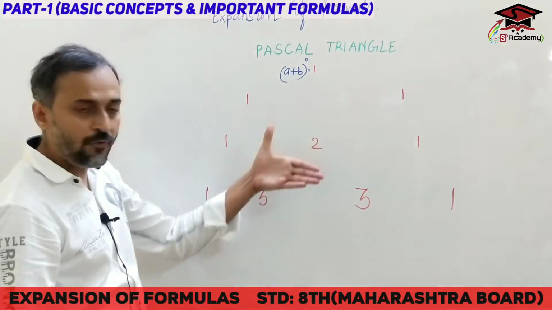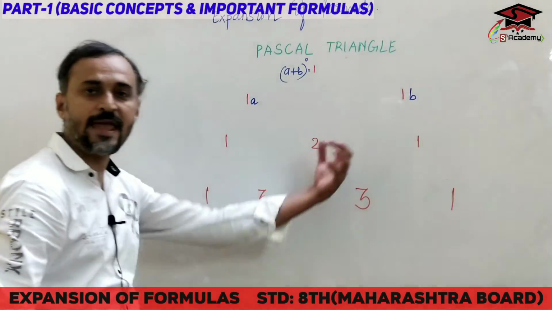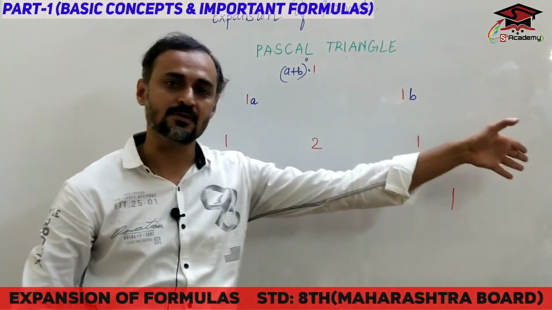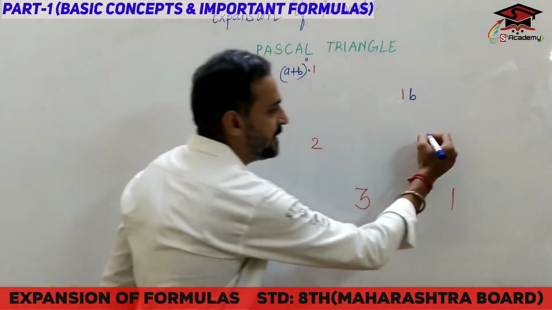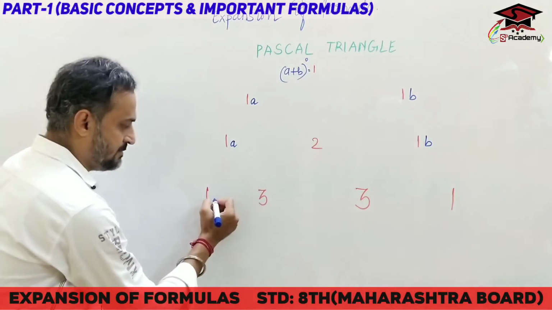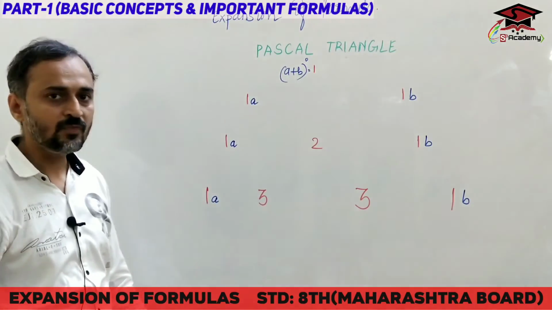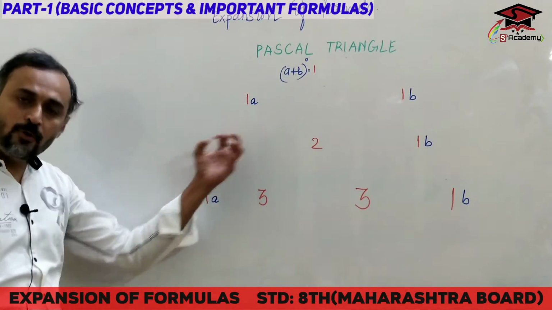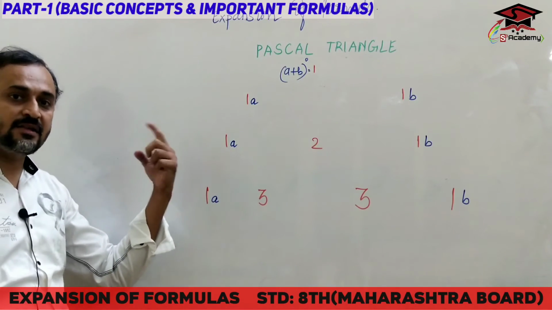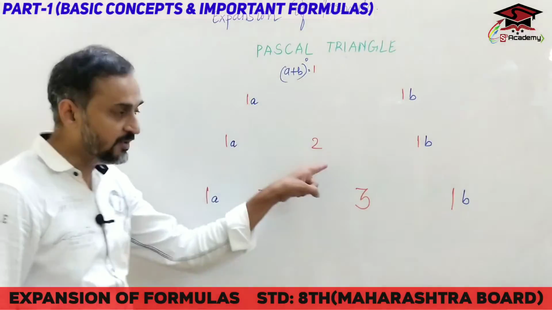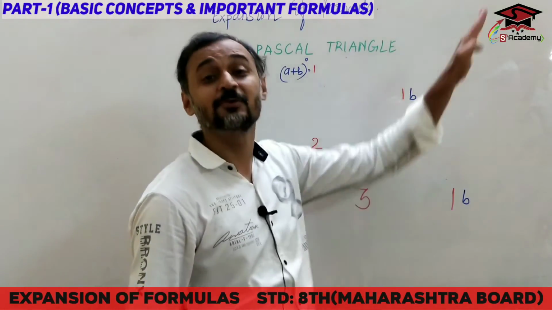Now in the second step, I'll take a over here and b over here. This is the extreme left-hand side and this is the extreme right-hand side. Again the same way, same method, I'll take a over here and b over here. So what do we have to see in it? From the extreme left-hand side the power is raised, and when it comes to the middle part, that power goes on decreasing. When it goes to the extreme right-hand side, it goes on increasing.